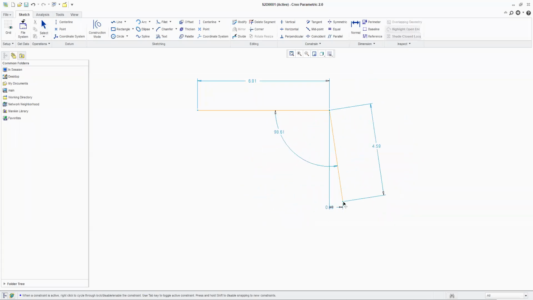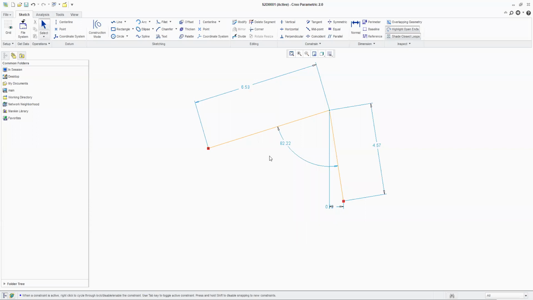Understood? Yes, sir. Very good, sir. Very good. And Shreni, did you understand what you mean by a constraint? Yes, sir. So forcefully we are telling that object to be in that way geometrically. Forcefully, I am telling this object to be horizontal. And horizontal means what? A geometry. So it's called a geometric constraint.